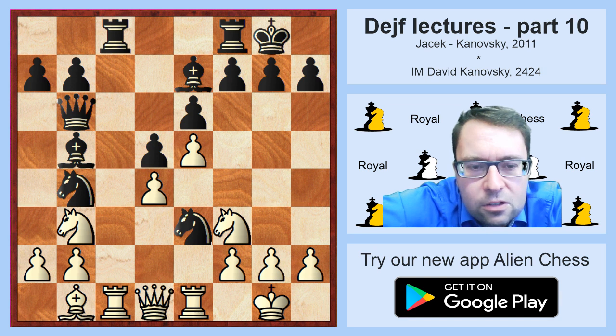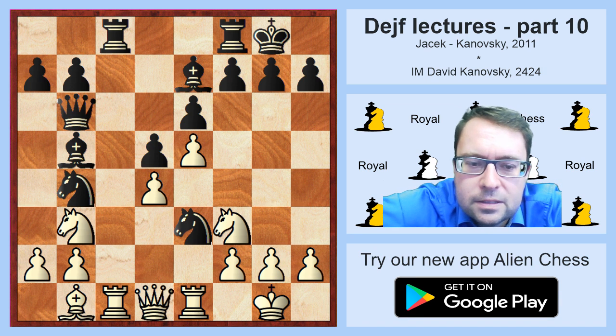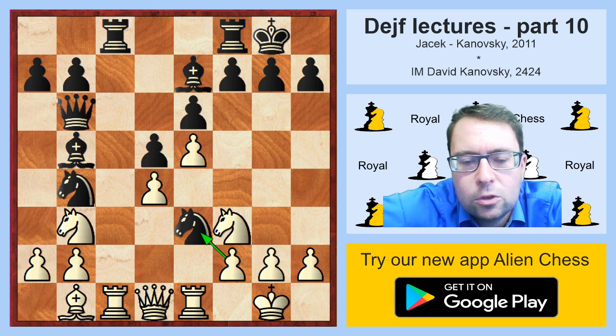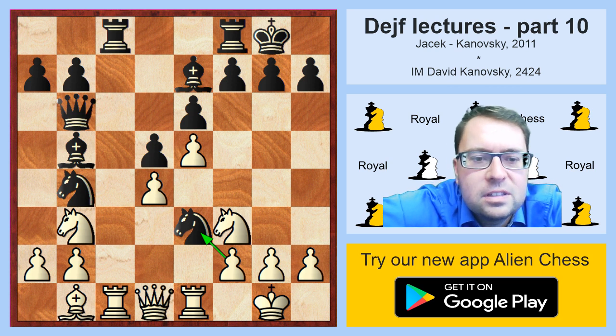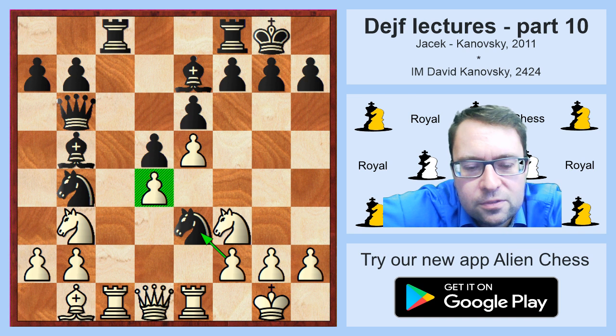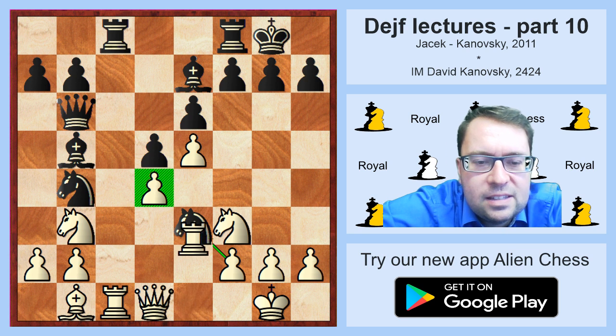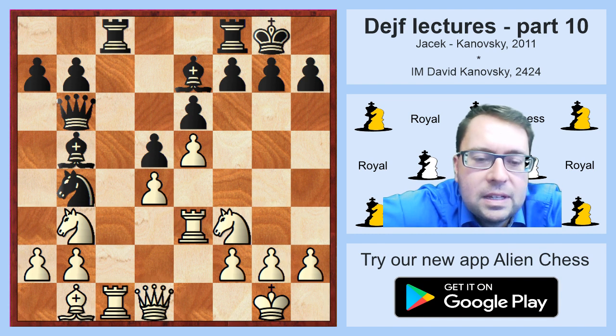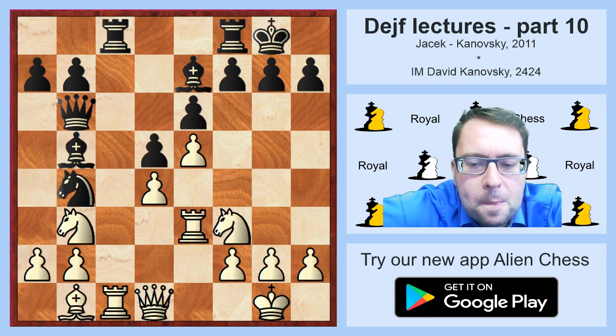And here, of course, if white takes by pawn on e3, he would have better control of his center, of his d4 pawn. But on the other hand, the rook on e1 wouldn't be too much active. So white decided to take by rook, which is a good decision in my opinion. And here I have made the first mistake,